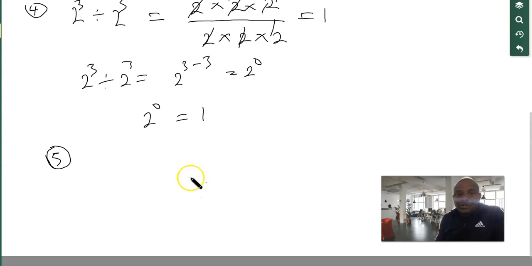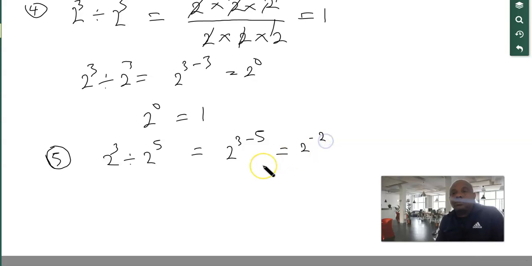So let's say 2 raised to 3 divided by 2 raised to 5. By virtue of the law of indices, it's going to be 2 raised to 3 minus 5, equal to 2 raised to